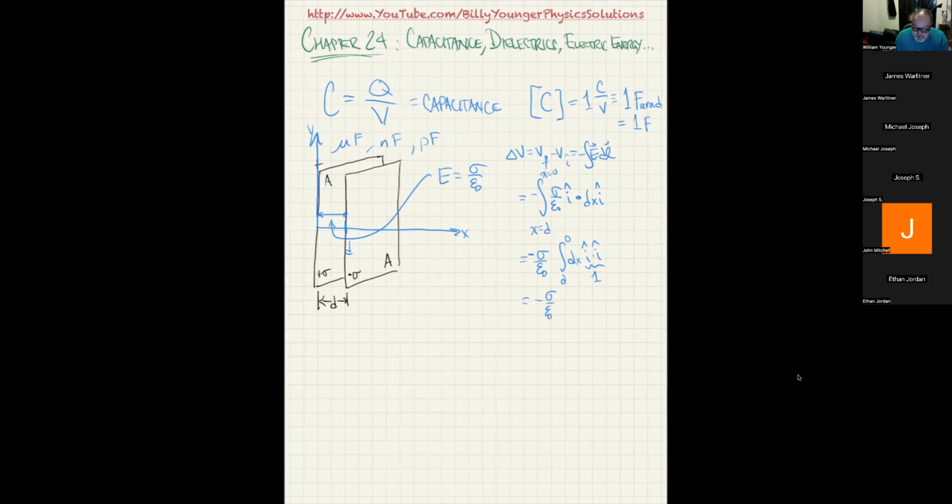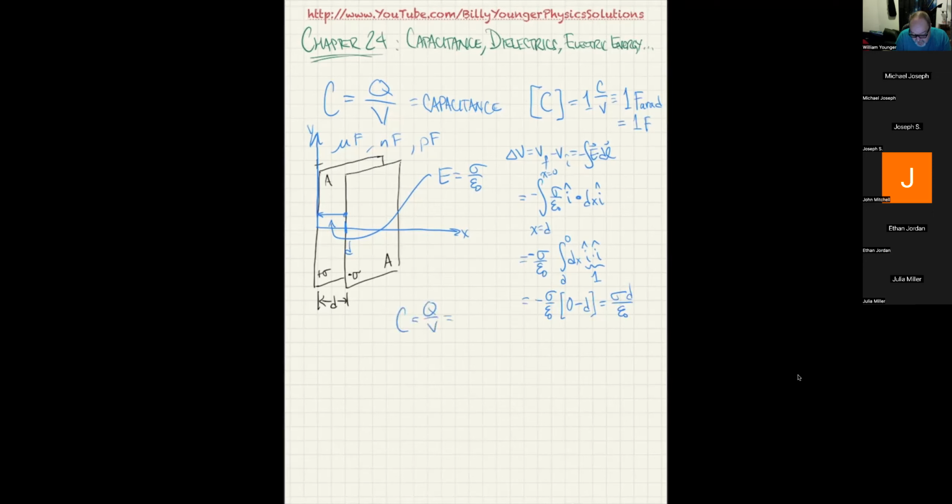The integral of dx is just x, and I've got to evaluate it at 0 first, so that's 0 minus D. Like that. So in fact, what I get is sigma D over epsilon naught is the actual voltage. That also tells you that the units of the electric field can be thought of as volts per meter, which is a lot easier. So now I can say the capacitance, which is Q over V,